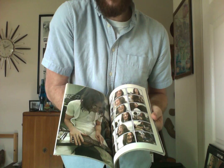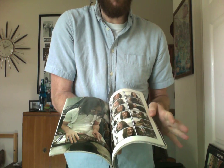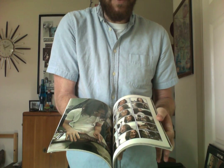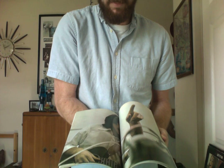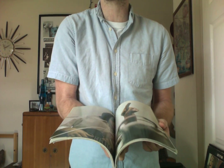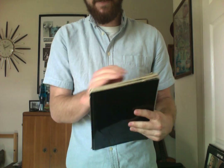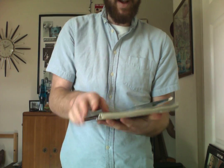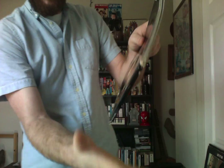So the pictures are really amazing. The book is totally worth it. I have to say that. There's so many photos I've never seen, and it's just a really cool book. The problem is they designed it so crappily. It's so cheaply made. What they did was they took all these pages, put them in this book. Actually, I can probably show you because it's already all jacked up. And they just put one strip of glue here and then smushed this cover on here and hoped everything would just stay in place. Well, of course,